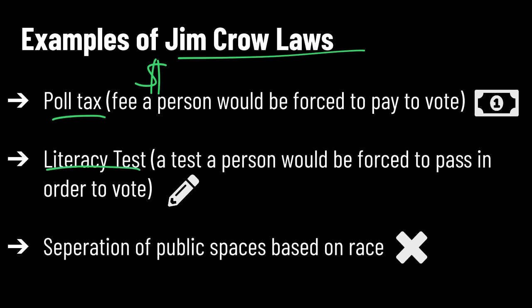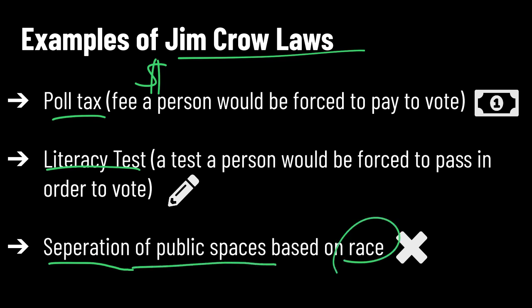Number two, literacy tests. These were used back in the 40s and 50s as a way of stopping Black and Brown people from voting. You'd have to pass this test, which was very difficult, in order to get your voter registration. And finally, like the sign hinted on the first page, general separation or segregation of public spaces, of course,